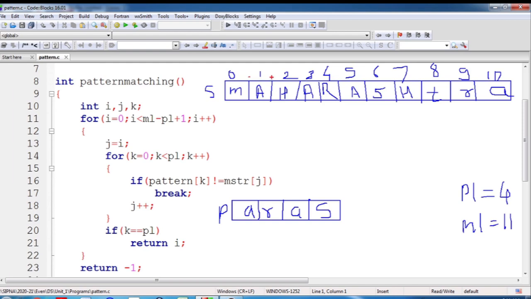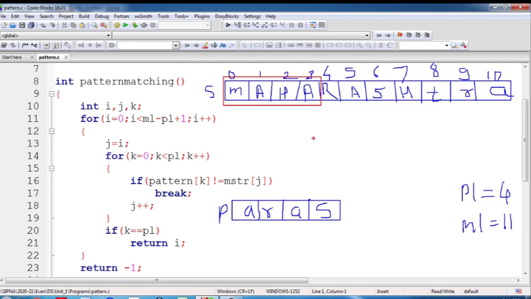The next substring would be from index 2 and 4 characters. So I is basically the index of the current substring. So index of current substring is 2. In the beginning I will always be equal to 0.